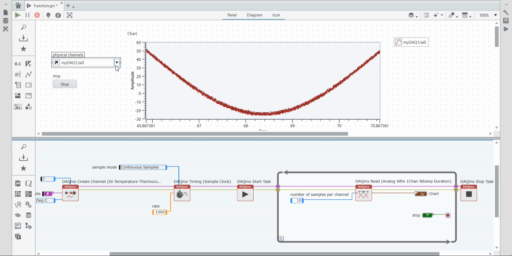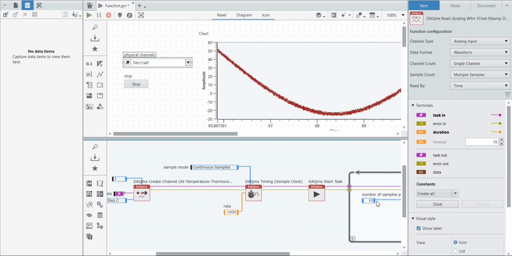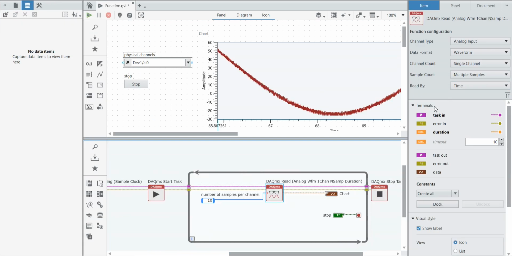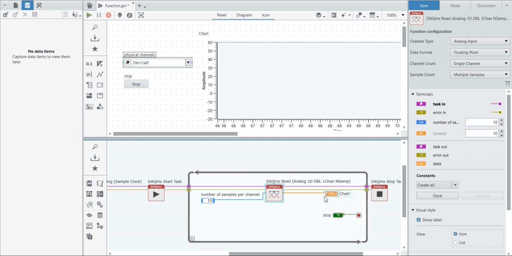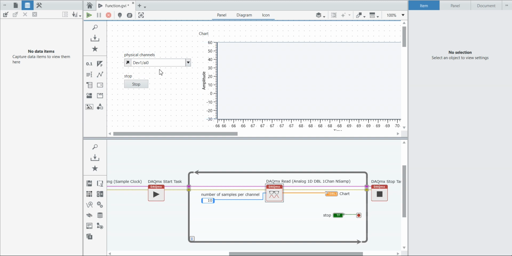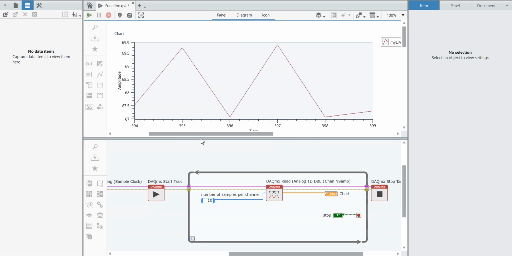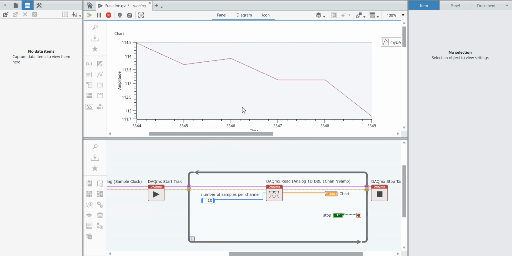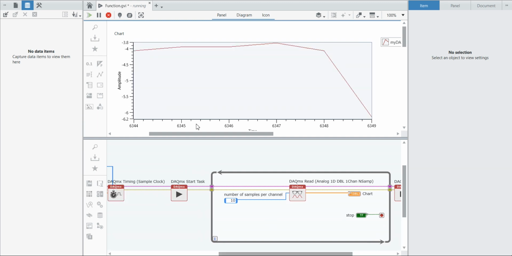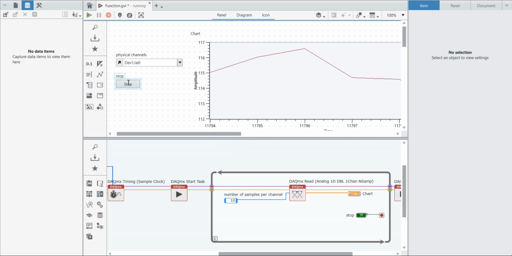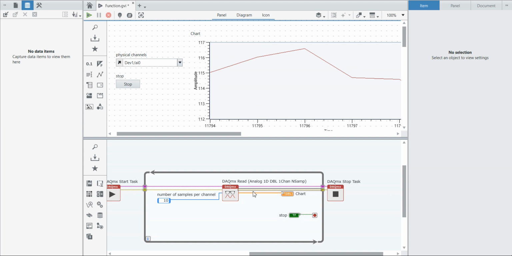Now come here, I am going to change here. First, second thing, right click, press Ctrl T. After that, click here and take floating point. After that, let's see if we can upload the data or not. So run. Now it starts plotting the data, but we are not able to read that data as a complete sine waveform. So for that, I am going to stop my program.